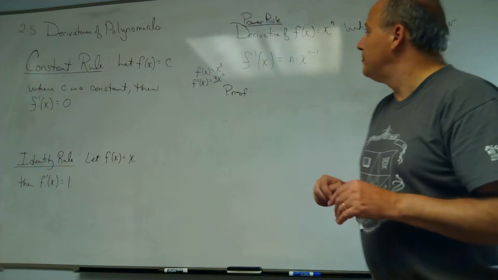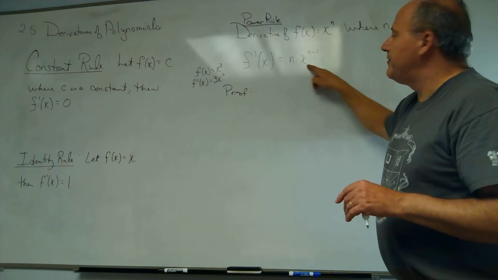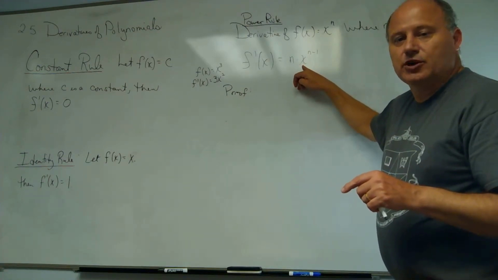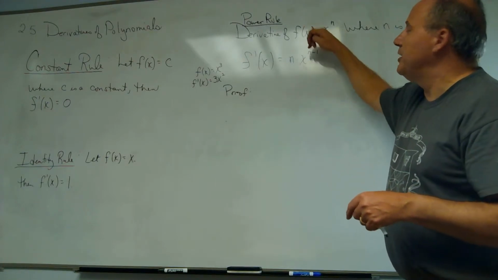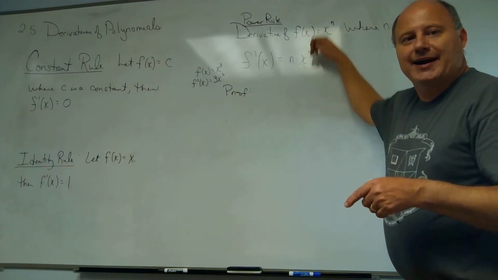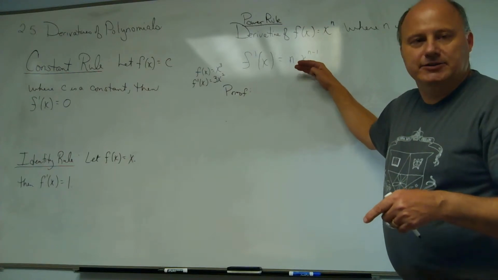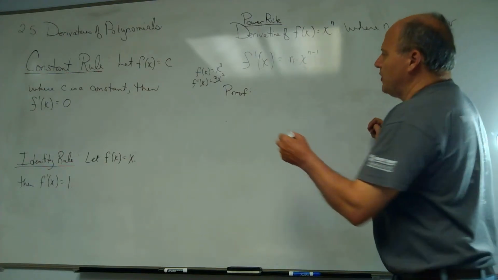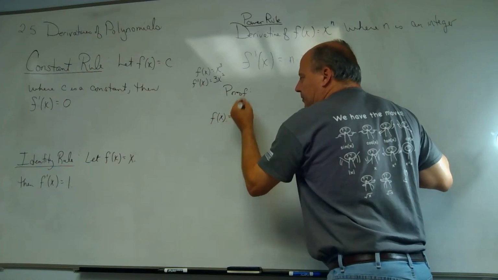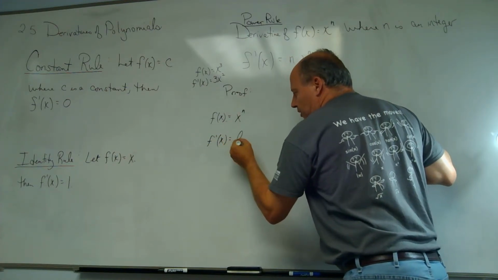But anyway, so this is the x to the n, and find the derivative by the definition. Well, it becomes this. So now what we're going to do is we're just going to be using this rule, the power rule, but it would be nice to know, why does the power rule work? And the reason it works is because of the definition of the derivative. So if you have f of x equals x to the n power, well, the first derivative by the definition, as you've seen this one quite a few times,